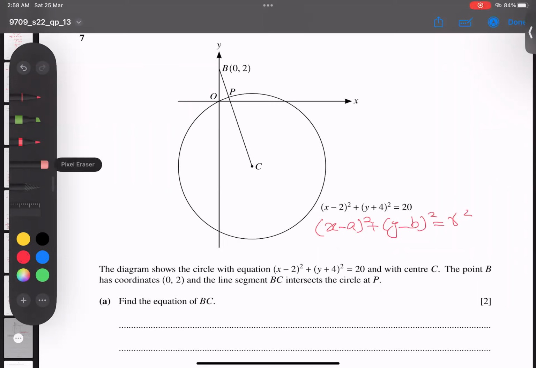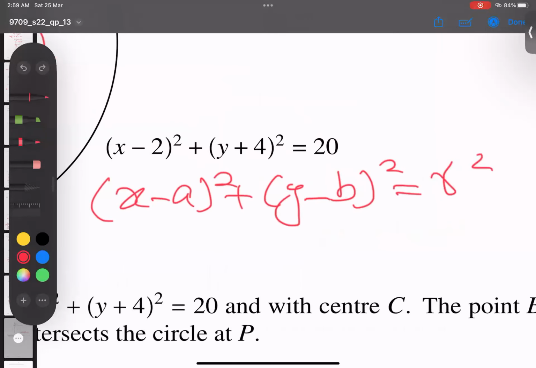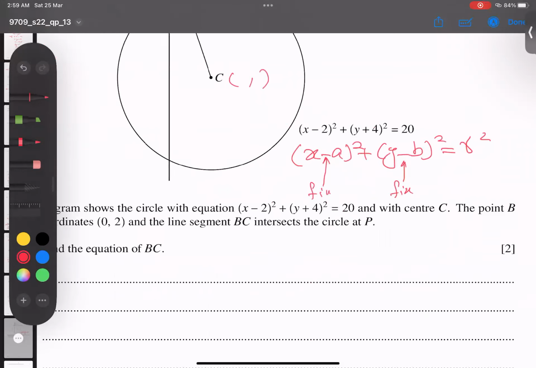But what is my target? To get the equation of PC. But anyway, let me read this question. The diagram shows a circle with this equation with center C, and the point B has coordinates 0, 2, and line segment BC intersects the circle at P. Clear? So first of all, I need to find the BC equation. That is only possible if I have the C coordinates, the center of the circle, and we can get it only by technique if you have this formula idea. And make sure of one thing, there's always a negative sign fixed here. We must have this one. So it means I'm going to equate,